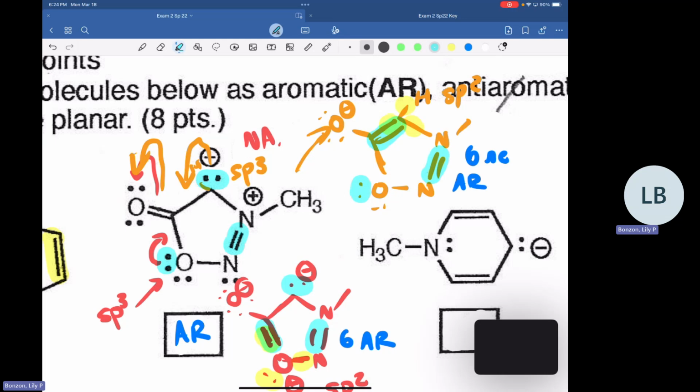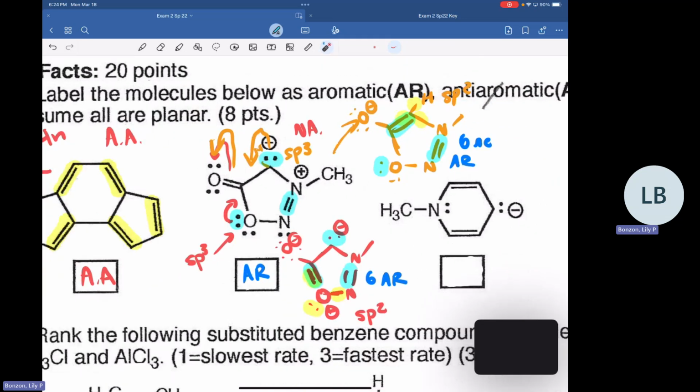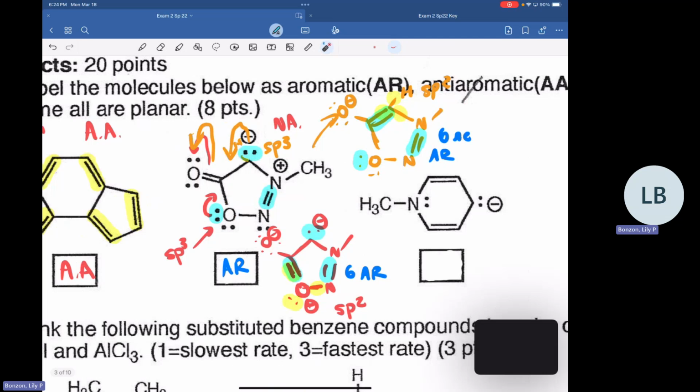And then one other thing real quick, the short way, I remembered it when I was studying. Whenever you have atoms that look like they could give more than 2 pi electrons, just remember that an atom can only give 2 pi electrons to aromaticity. So even though these oxygens, down here at the bottom left, have 2 lone pairs, they can only contribute 2 pi electrons total. So that's why we're not saying that they donate 4, we're saying that they just donate 2. And so those structures give us 6 pi electrons, and so we're going to say that one's aromatic.